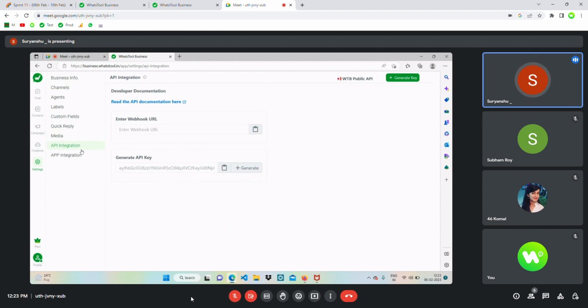This is API integration. You can integrate other platforms to the same dashboard. Let's say, for example, Shopify, which is very popular, and you can create your shop online using the Shopify web application. So let's say you have created your shop on Shopify and you want to integrate it to our dashboard, so that you'll be able to see the notifications, like the state of your order, that the order has been placed,